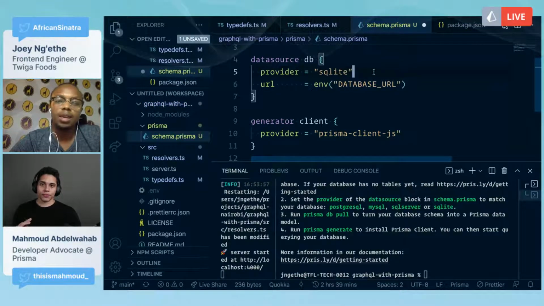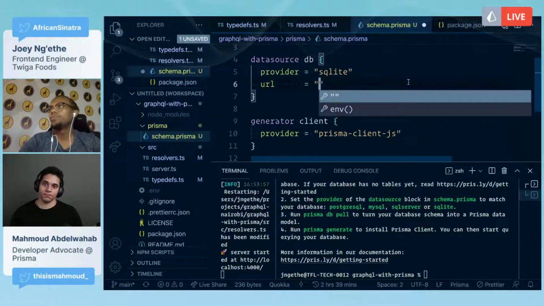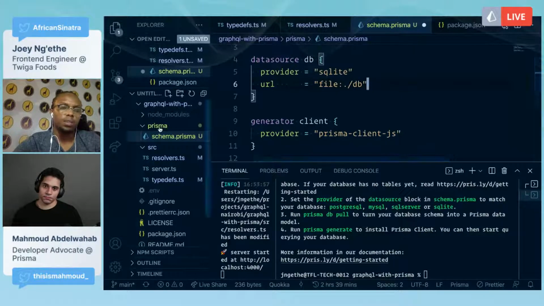SQLite uses a file, so we're going to say our data will be saved in this file, in the same directory, the prisma directory.